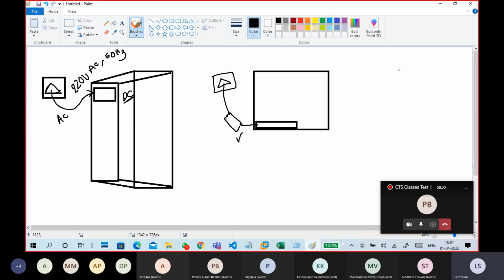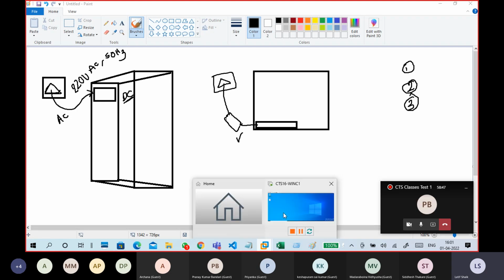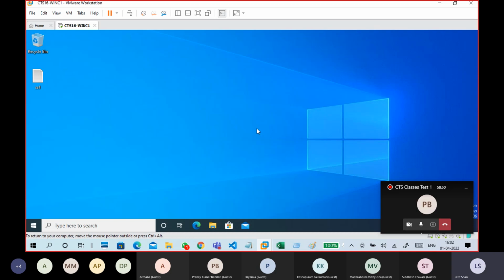Now there are three kinds of situations. Understand, mainly three kinds of situations are there. The first situation is, you are doing some very serious work, like installing a virtual machine. It will take a lot of time, maybe half an hour, one hour. Or maybe you are installing some application, or working with some serious application, a graphics-related application, a database-related application, or working with virtual machines. Or your server and virtual machine is running.